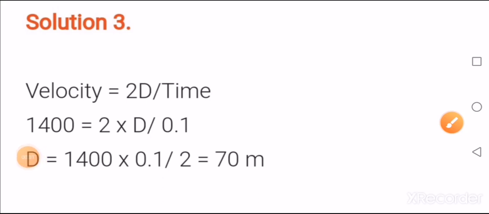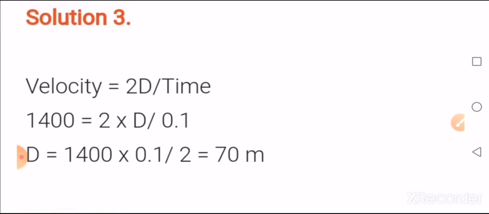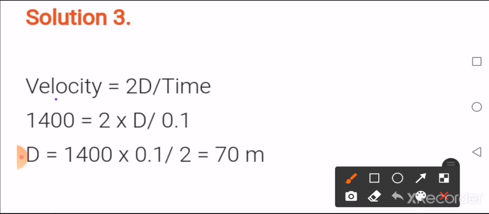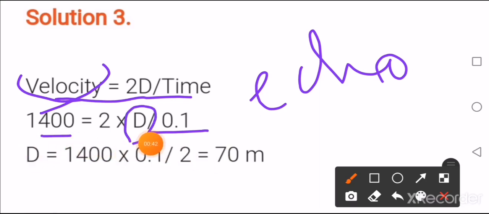Now coming to question number 3. What should be the minimum distance between the source and the reflector in water so that the echo is heard distinctly? Now speed of sound in water is given 1400 meter per second. Now this is also a direct question. You are having the equation for velocity, 2 times distance upon time, because this is a question related to echo, isn't it? Now velocity in water is given 1400, time for distinct echo will be 0.1 seconds again. Now you have to find d. All other values you are having, substitute it and find out the value for d.